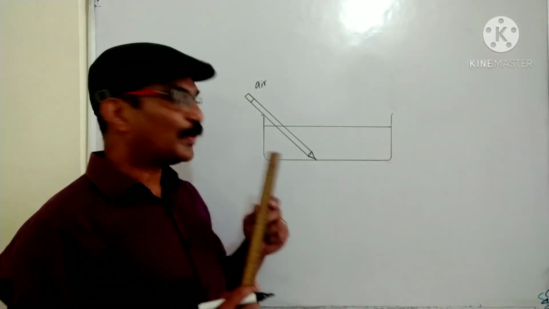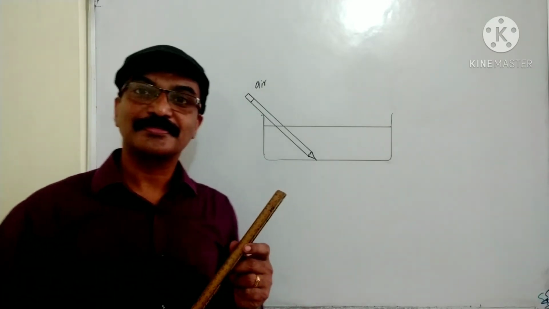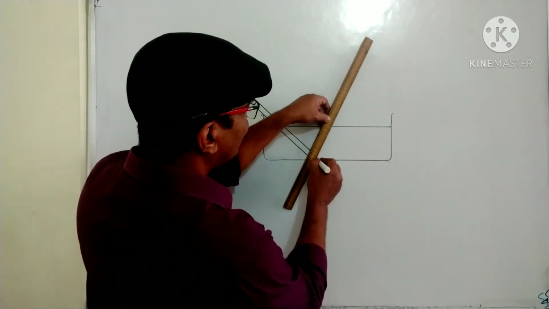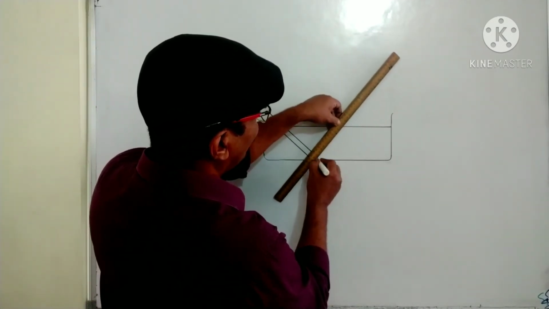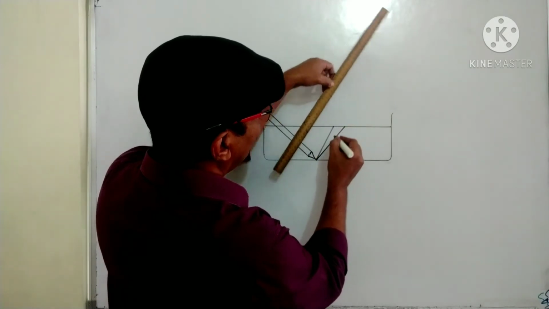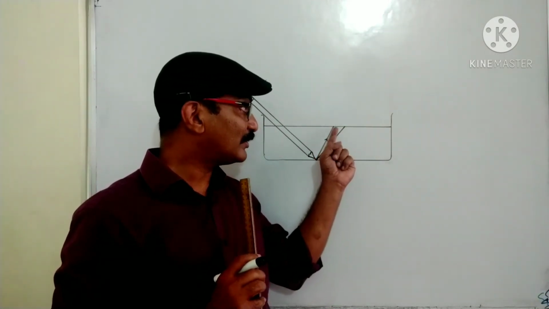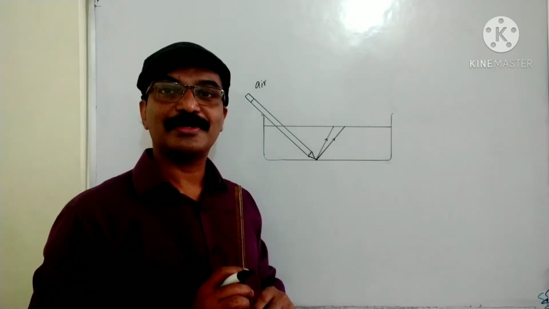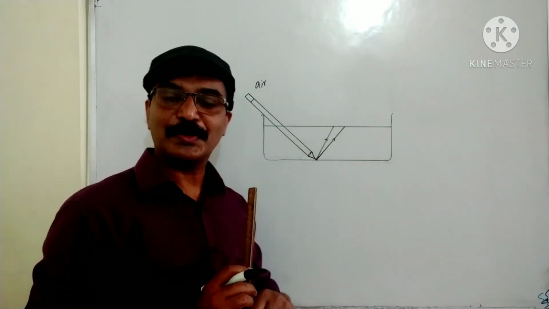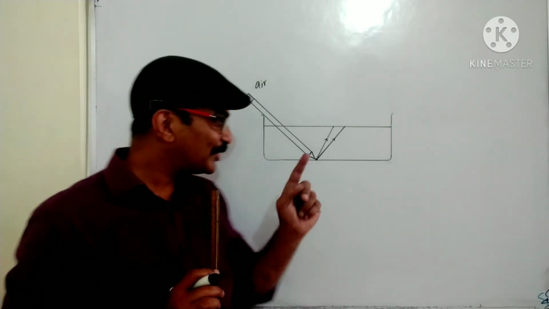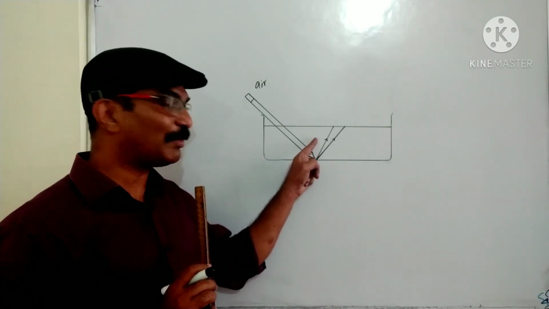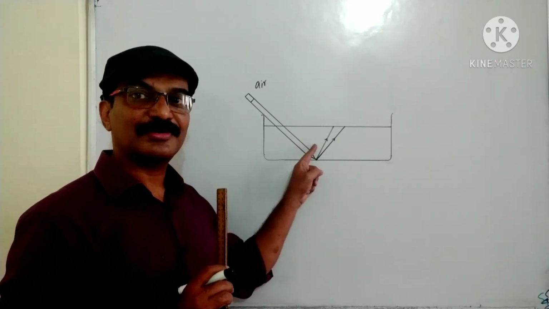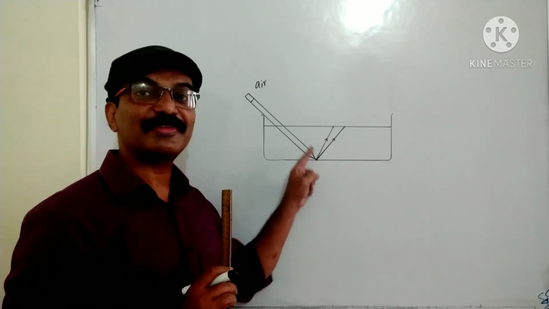Okay. Now, how to draw the diagram? You have to take two rays from here, from the tip here. At the surface of separation, these rays bend. How will they bend? Bending away from the normal. You have to remember two things. The tip of the pencil will be vertically above this. And how much will be this shift? What will be the apparent rise of the tip?